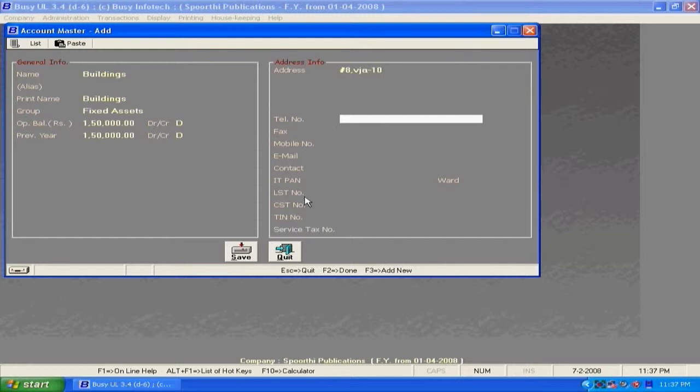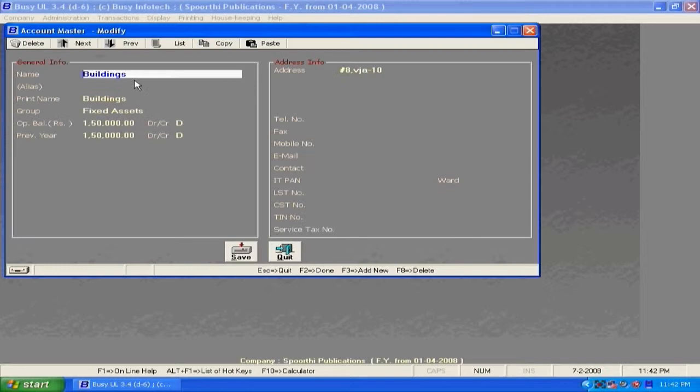Now let us see the modify option. If we want to modify an account, select the account from the list and click on the select button. Now the full details of the account are displayed, where you can modify and click on save.